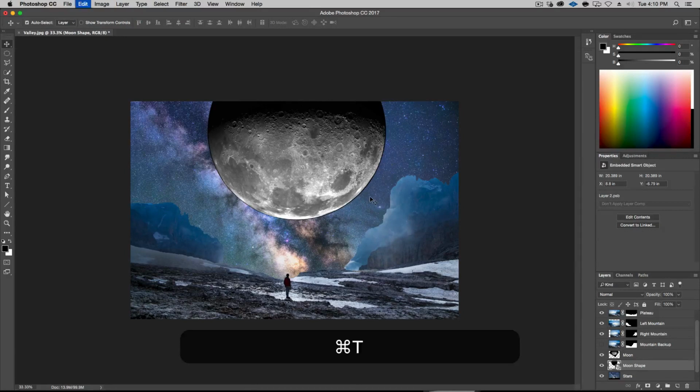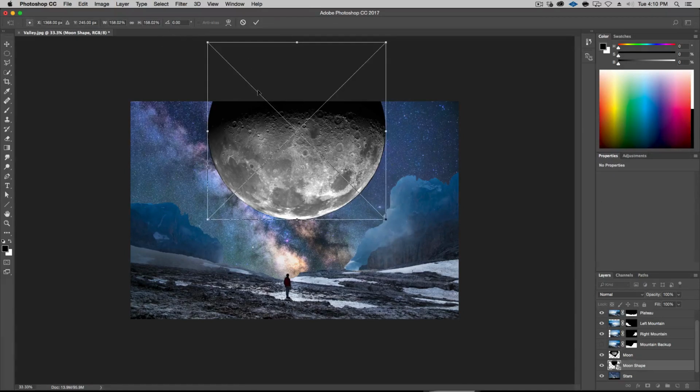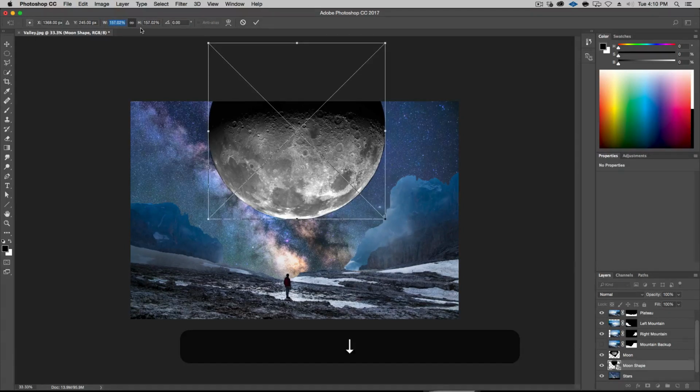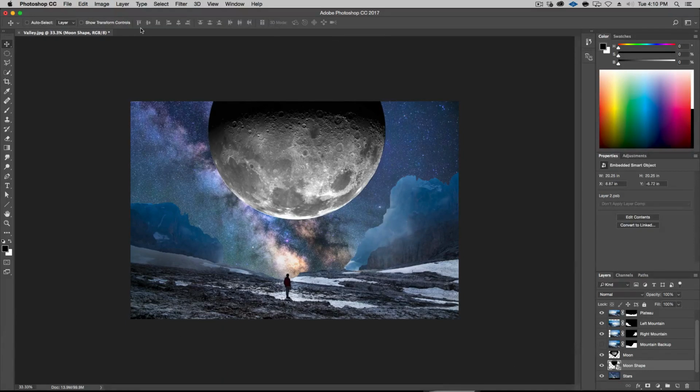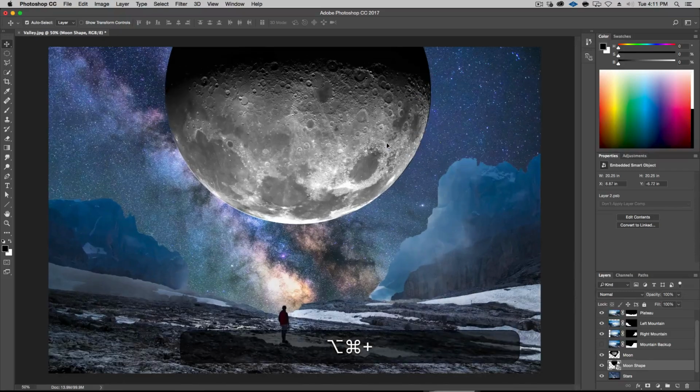It's a little bit too big. So Command T, an easier way to do small increments is you hold on this chain here, and let's say instead of 150, just bring down. I'm doing this with the keyboard. I did the down arrow. Seems right. Hit return, and we're pretty good. Little to the right over here. Let's zoom in, see what we got.